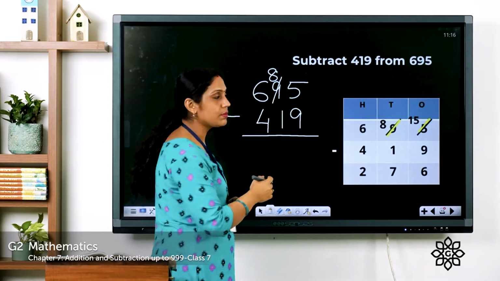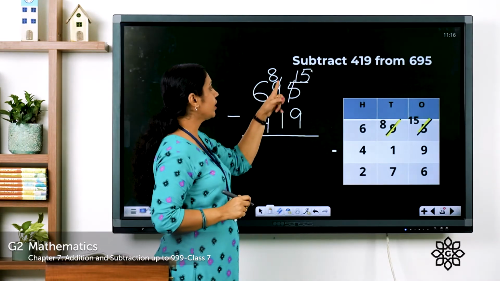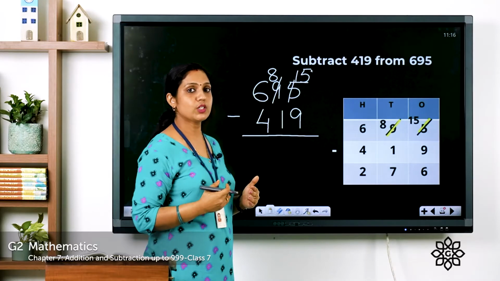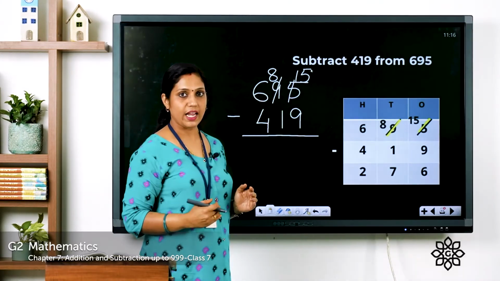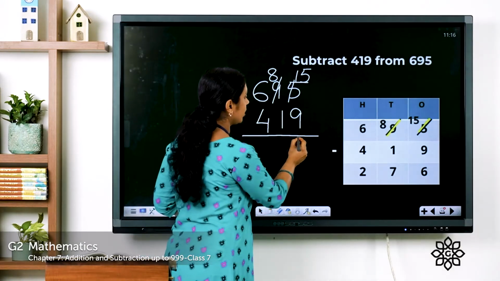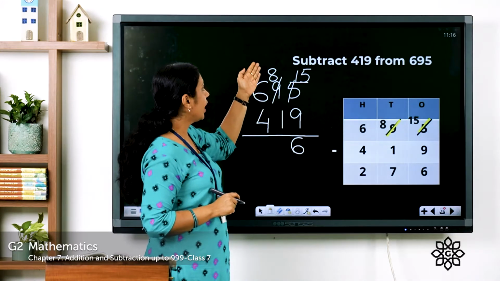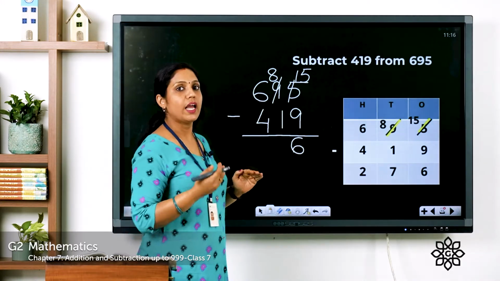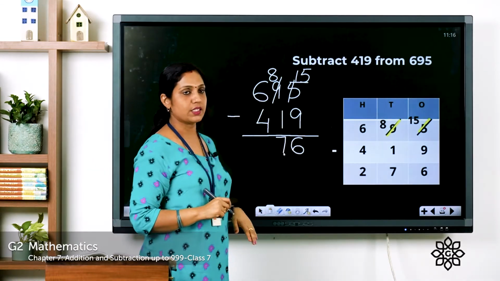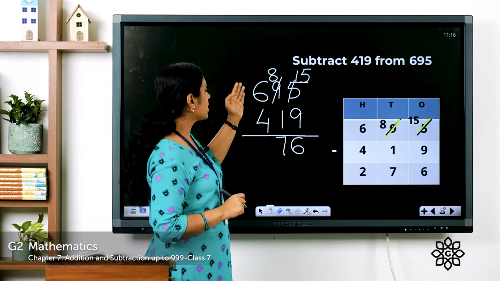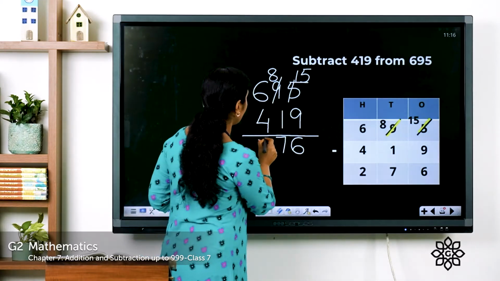Now 5 becomes 15. You can write here 15. Now we can subtract 15 minus 9. Now we are able to subtract 9 from 15. So how much is 15 minus 9? It is 6. That you can write here in the ones place. Now we'll move on to the tens place. In the tens place we have 8 minus 1 and 8 minus 1 is 7. So write that here under the tens place. Now in the hundreds place we have 6 minus 4 and 6 minus 4 is 2. So we get the answer